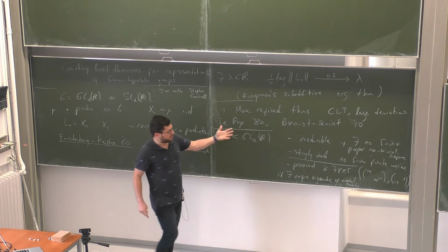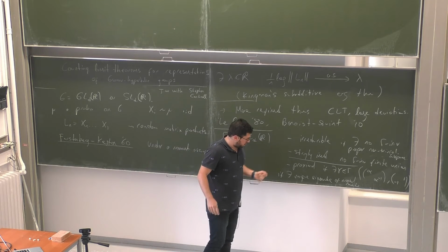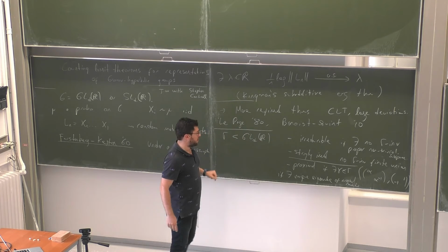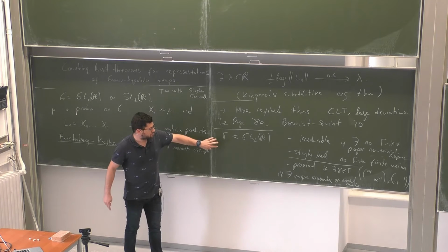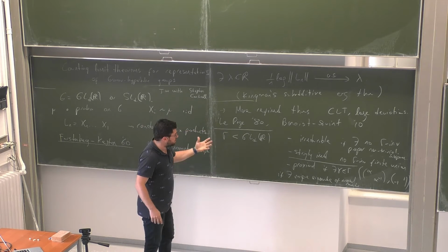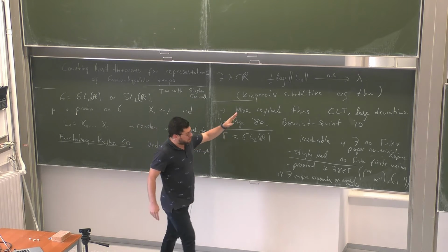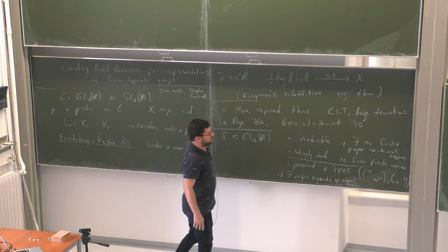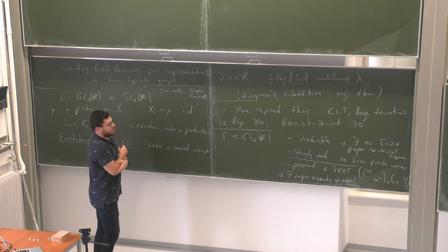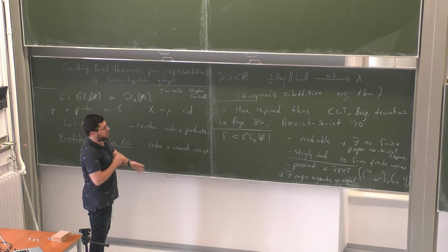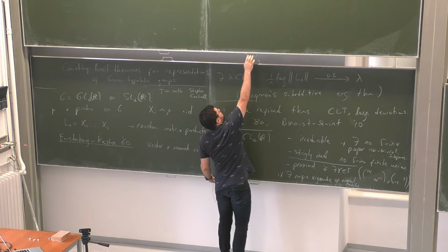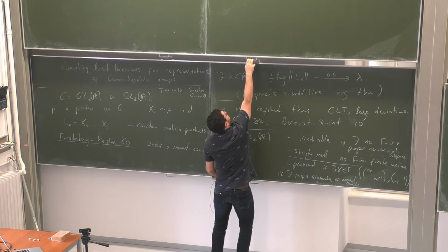These can be a priori hard to check, but there are very good criteria by Goldsheid and Margulis. For example, if this group is dense in the Zariski topology, in some algebraic topology, all these conditions are automatically satisfied. So in practice, they are easy to check. And so the results of Le Page and Benoist-Quint say,